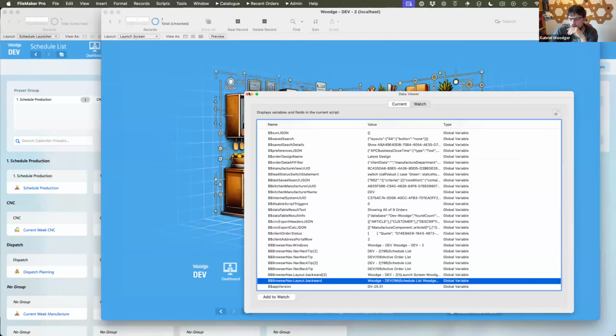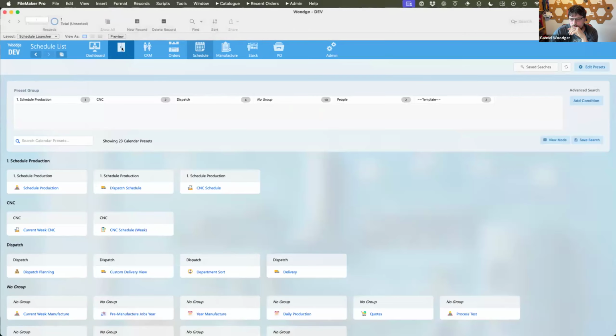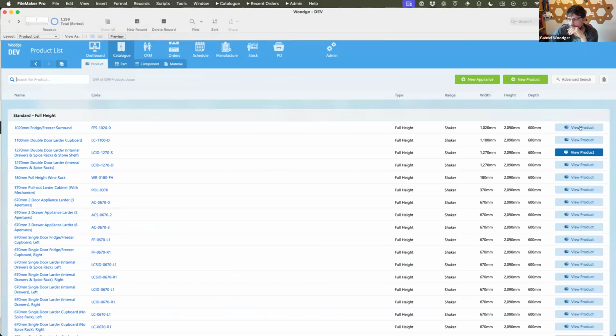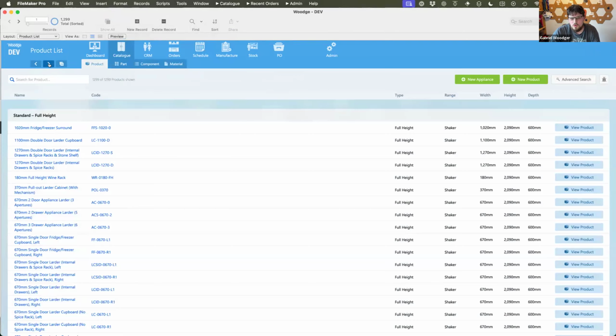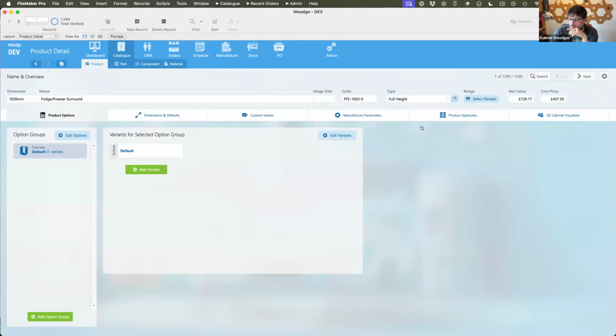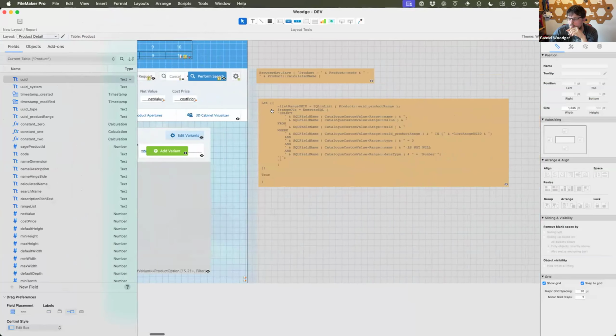So what I do in that instance is, for instance, if you go into a product page in here, if I go back, what I want to put in the tip is not necessarily just the layout that's on, but the name of that layout. So I use the Matt Petrowski method of putting it in an orange box off to the side of it with an evaluate self, which allows me to then quickly reference.